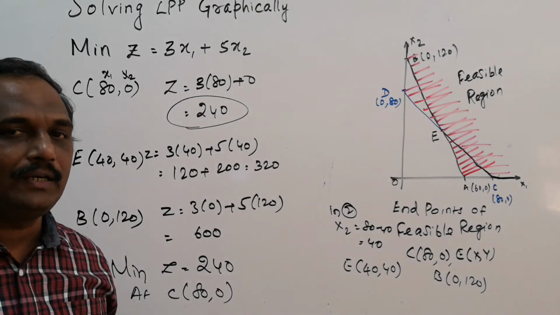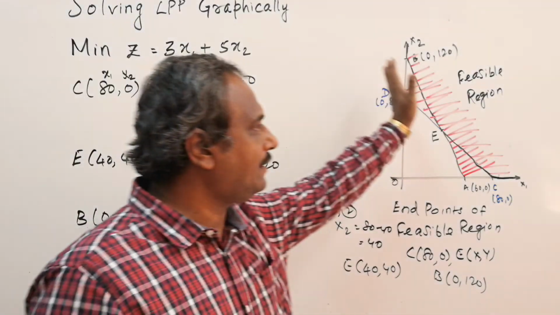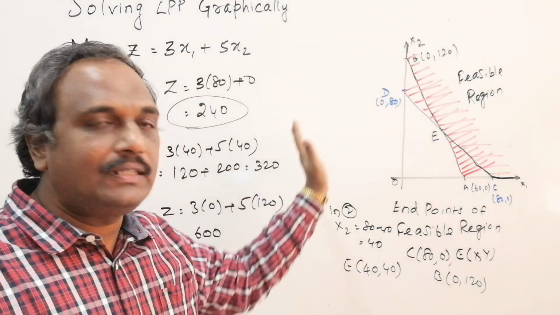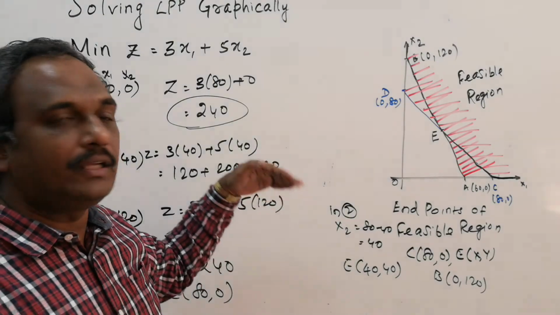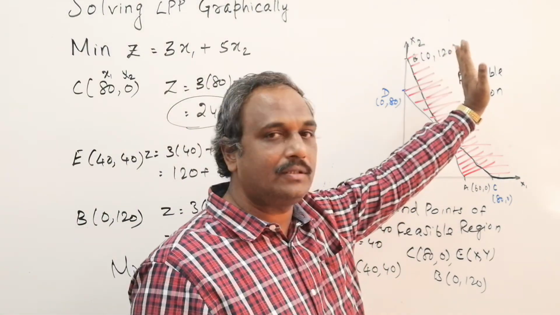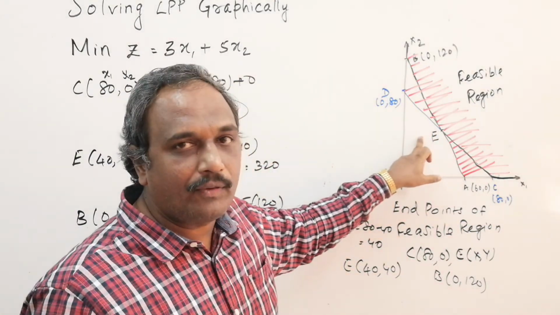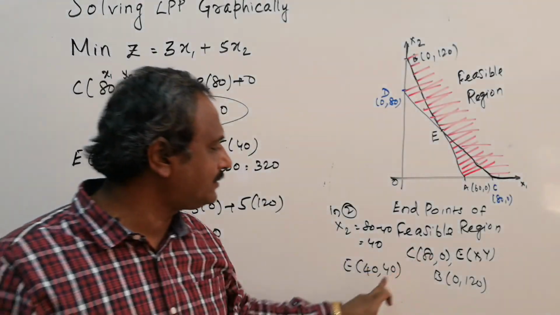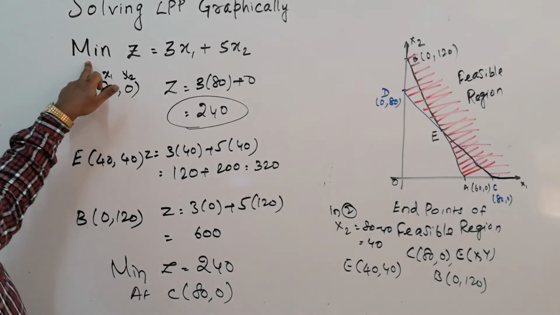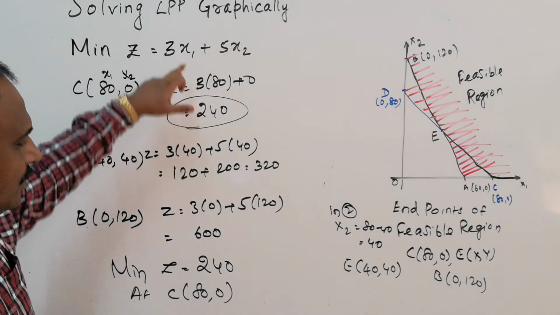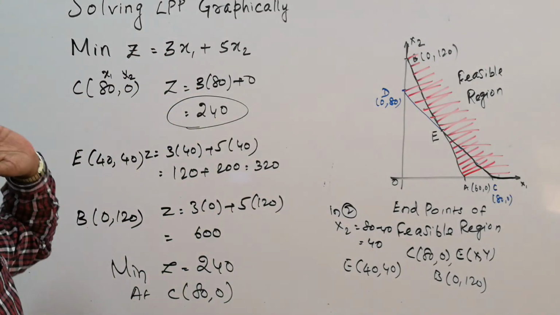So the basic principle: first consider the constraints, draw the straight lines, draw the graph, and consider the feasible region. If it is maximum, you consider the innermost region; if it is minimum, you consider the outermost region. Then find the end points of the feasible region, which are points of intersection. Solve the equations to find them, substitute these values in the objective function, and if the condition is minimum, check for the smallest number; if it is maximum, check for the biggest number.